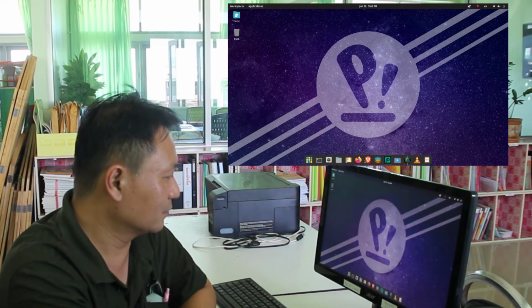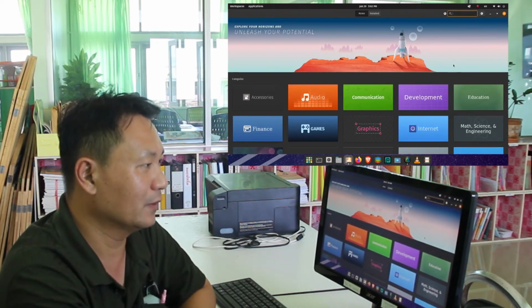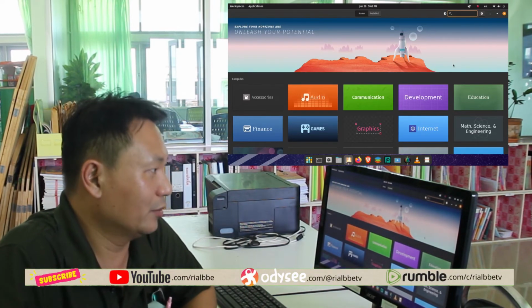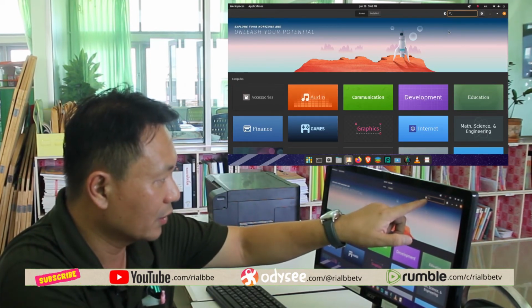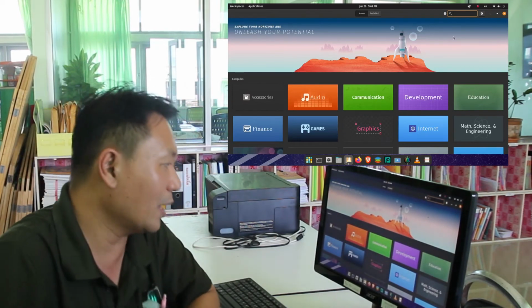So let's go to Pop Shop. I'll introduce you to Pop Shop. This is an internet-based app store which is getting all information right here. As you can see, it is rolling, which means it is getting information from the internet, from the website,